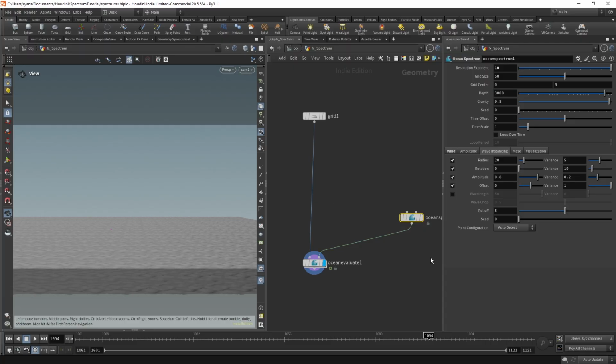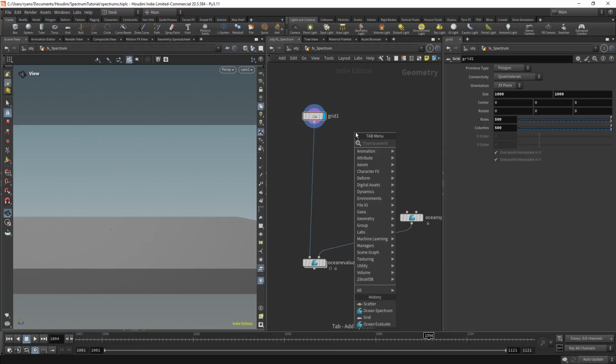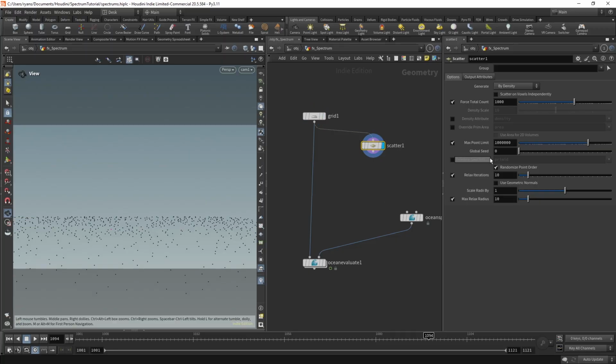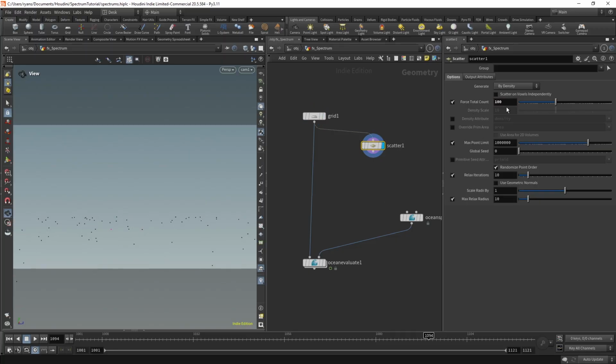We don't want that. We could try and combat that with some masks, but the issue is whenever you have a seam where the tiles meet, you're still going to get that reset of the new tile. So a way to beat that is to do wave instancing. And like anything in Houdini, when it comes to instancing, we need points. So if I place a scatter down, I'm going to just keep 100 for now and have them randomly distributed